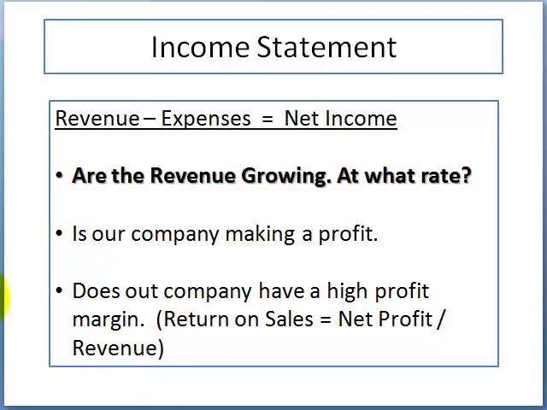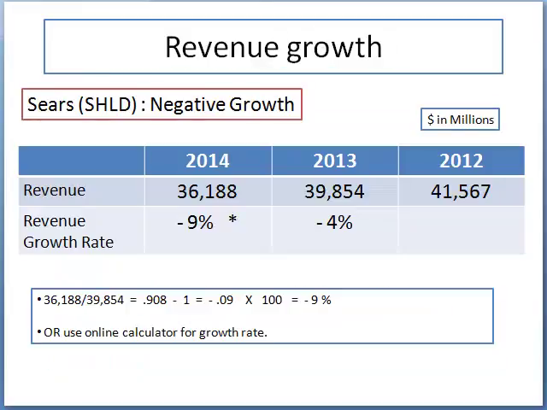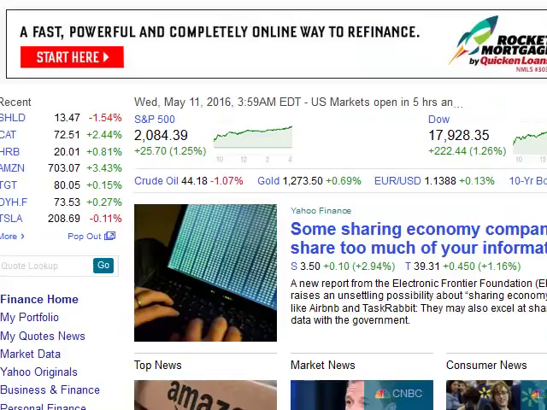So let's look at a couple examples, and you can do any of this. You can go out to Yahoo Finance and look up public companies. All of their financial data is known on the income statement, and I'll show you how to do that. In fact, I think I'll pause the video right now and show you how to do that. So I just went to Yahoo Finance. You can go to several places. Let's look up